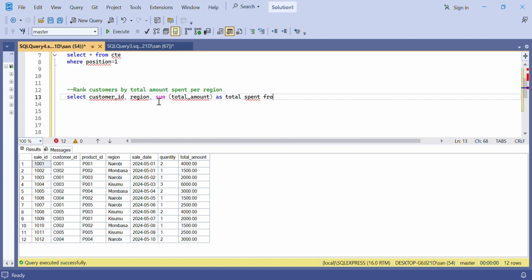And then we add another column that will give us the rank in every region, that will rank the customer from the one earning the highest amount. So, rank over,